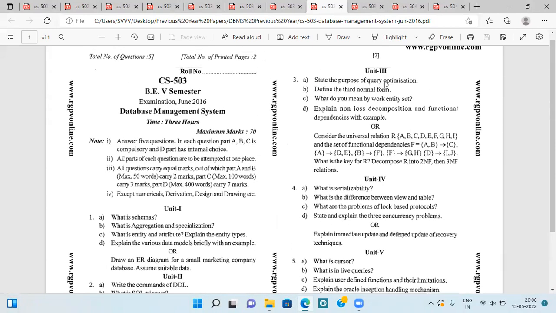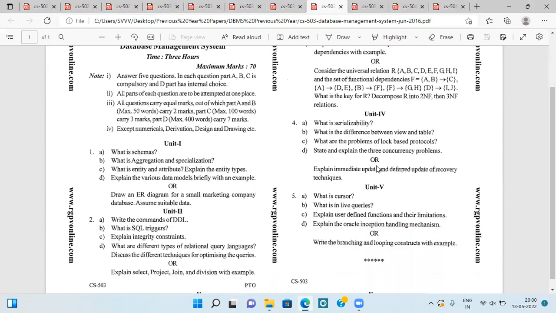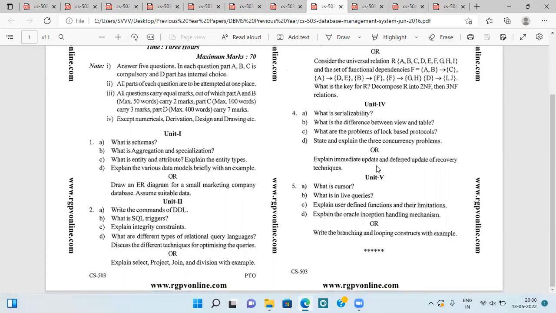Again, query optimization, third normal form, weak entity set, non-lossless decomposition, functional dependencies. Again, a relation is given, and we have to find in which normal form this relation is, serializability, difference between view and tables, block-based protocols, three concurrency problems, immediate update and deferred updates of recovery, cursors,